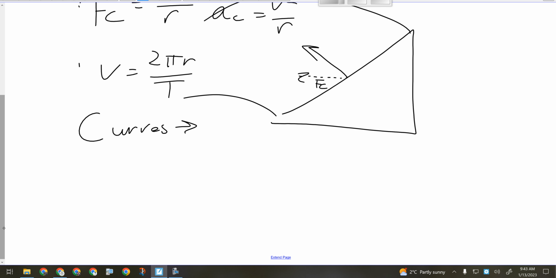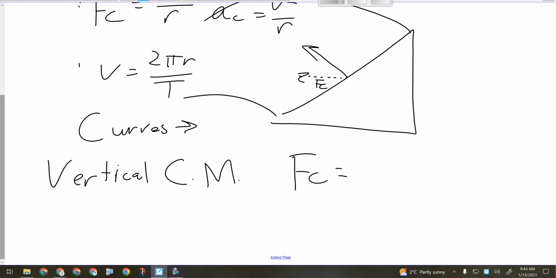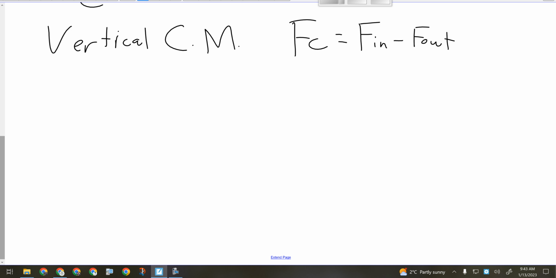Those could be things that would be multiple choice, but like I say, there's probably going to be a problem-solving question to do with vertical circular motion. What do we need to remember for problem-solving for vertical circular motion? Forces in minus forces out. Okay, so